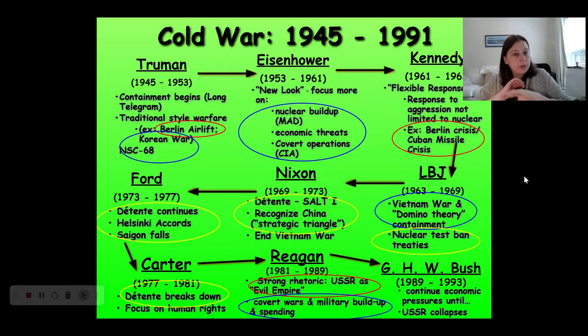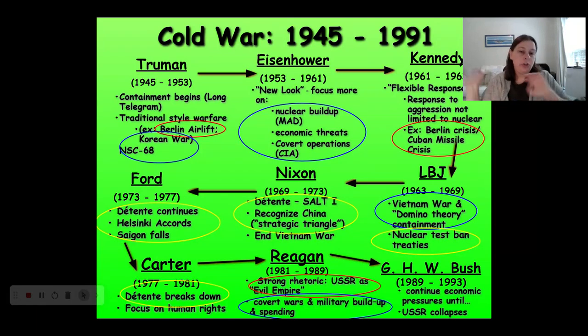So this flowchart might look a little bit familiar if you watched the last video. This is trying to summarize how the Cold War plays out over the series of 9 presidents who are president during the Cold War, and specifically how the Cold War fluctuates, to use the College Board's term, between direct conflict, which you can see circled here in red, indirect conflict, which you can see circled here in blue, and then what's called détente, or a period of more friendly relations or diplomacy between the United States and the Soviet Union, and that is what is circled here in yellow.